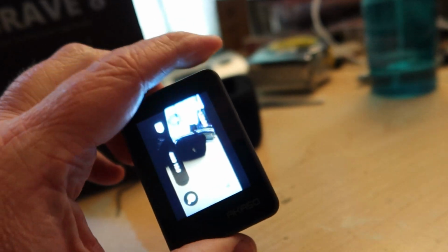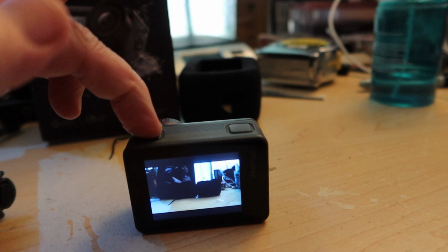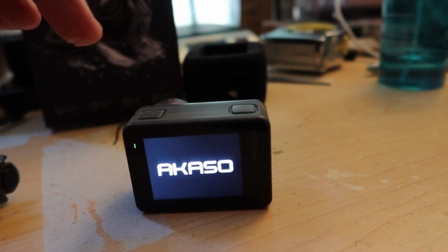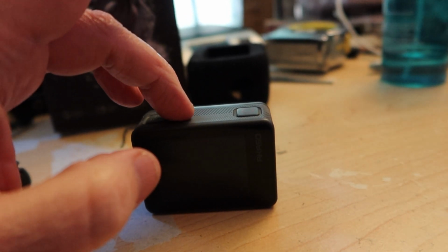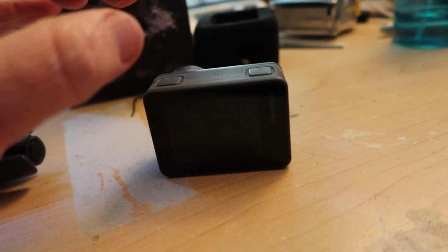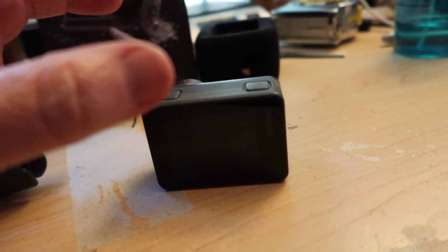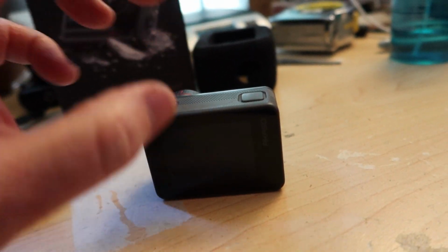As far as making comparisons to the Brave 7, battery time seems to be a little better with this. It might just be me, but I seem to feel like I got more battery usage out of this than...